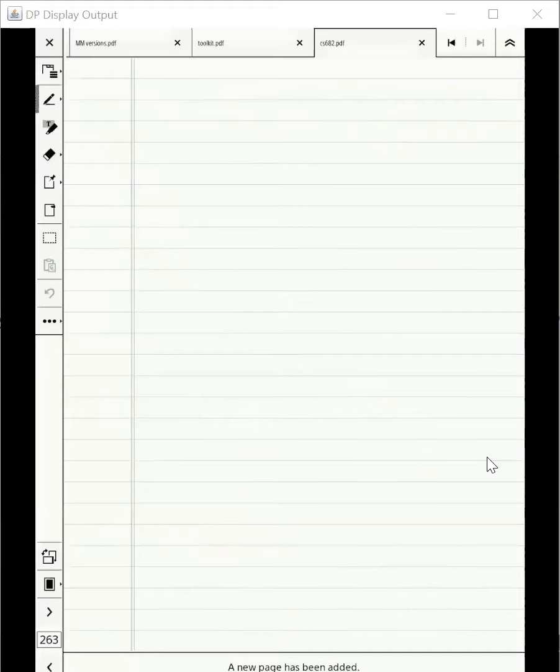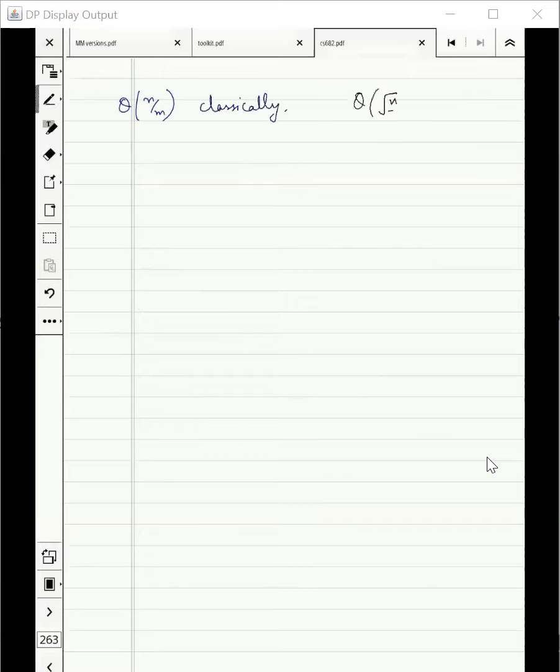That means classically, we would have needed around n by m steps. Classically, but quantumly, you can do it in square root n. That's much faster. No problem. Now, someone comes to you, they say,